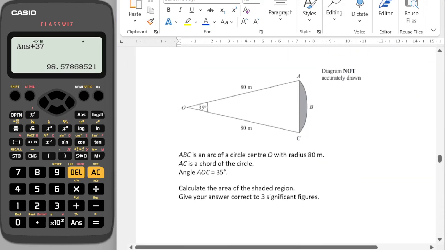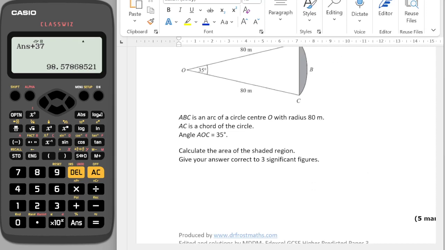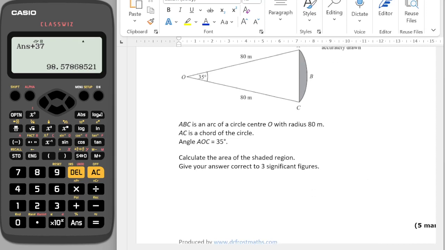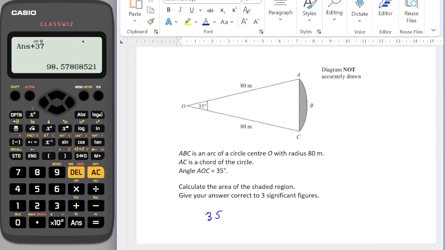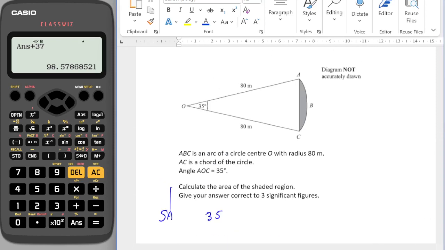Okay, 54. Calculate the area of the shaded region. So I'm going to treat it like this. Hopefully, I can't spot any real issue. So I'm going to say that the area of the sector would be 35. So I'm going to say the total area of the shaded area